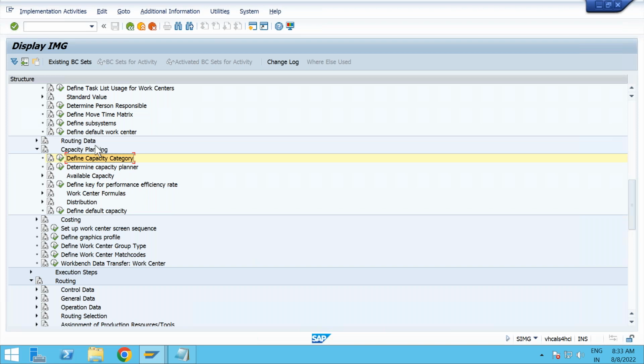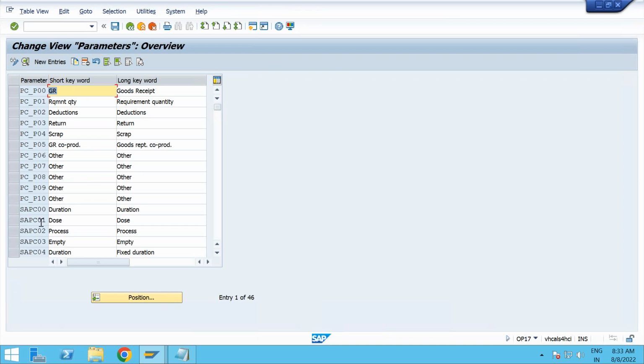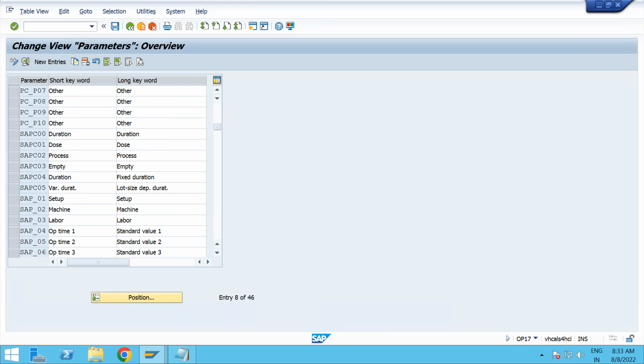So whatever settings are coming up is coming from this particular configuration. The work center formulas are something which is important. Again, in standard we have different work center formulas, and this is the parameter we have seen, just like in standard value key. If you want to configure your formula on your own, you can also define new entries, but in standard we do have a lot of formulas which can be easily